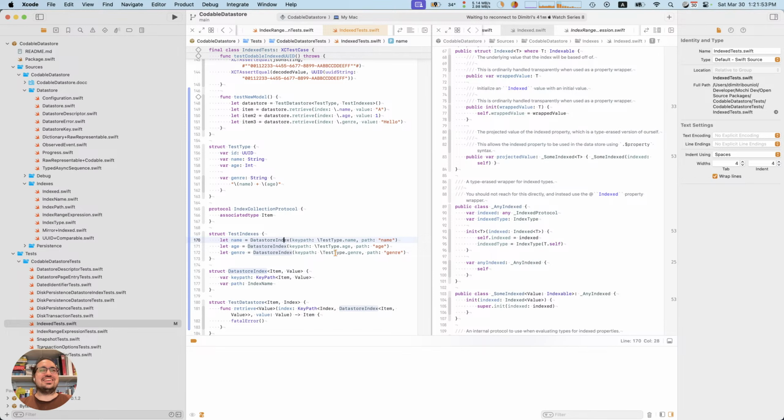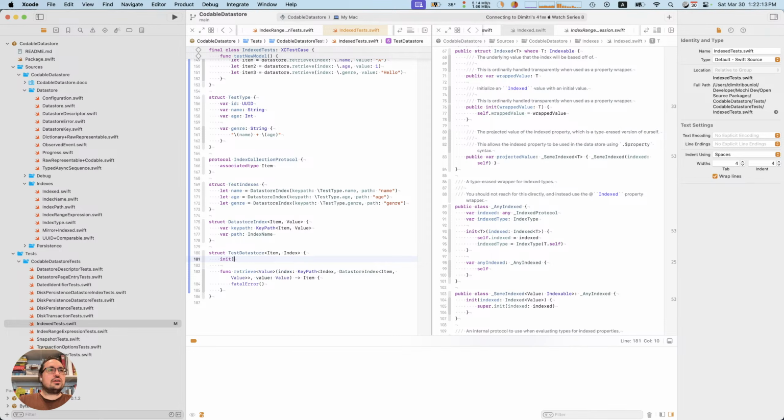Let's take this idea further. This would need an initializer in it, and it would take, hey, here are my indexes, and the indexes is going to be an array of these guys.